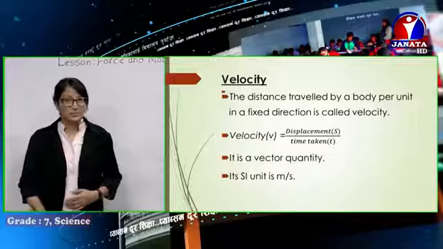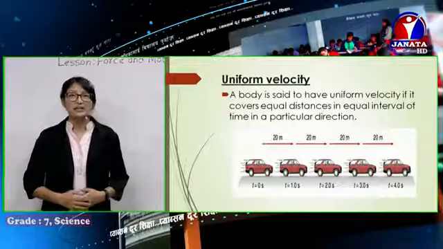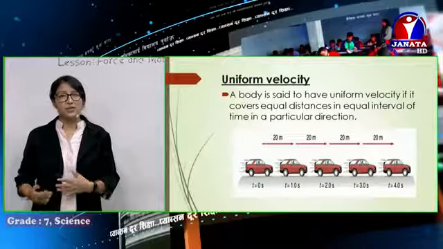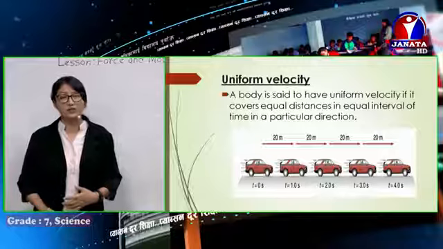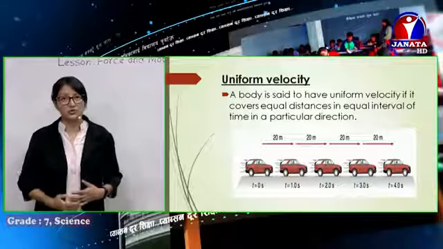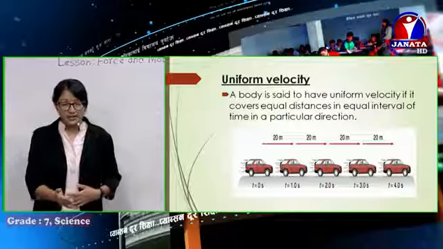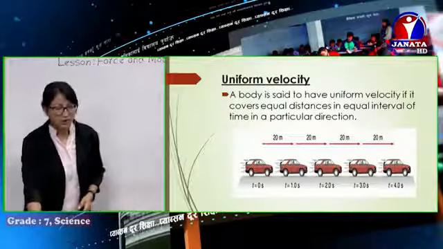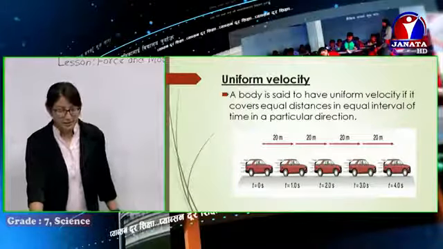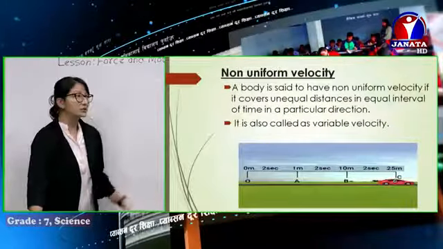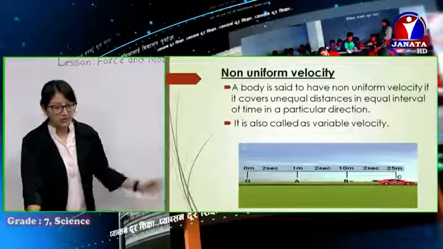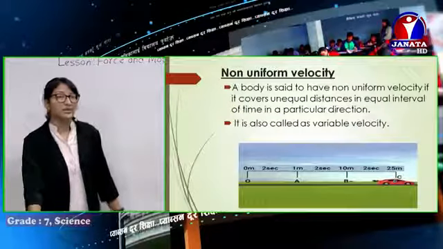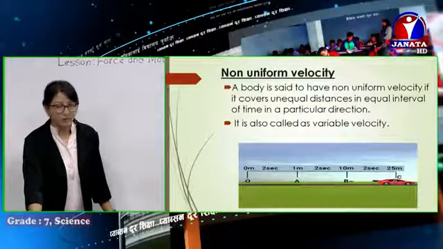We learned about different types of velocity. If a body covers equal displacement in equal intervals of time, the body is said to be in uniform velocity. In every equal interval of time, you can see the same displacement being covered. If it covers unequal displacement in equal intervals of time, like 1 meter, then 10 meter, then 15 meter in every second, then the body is said to be in non-uniform velocity.